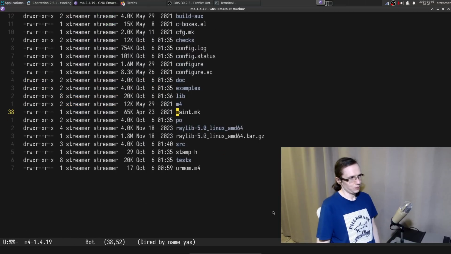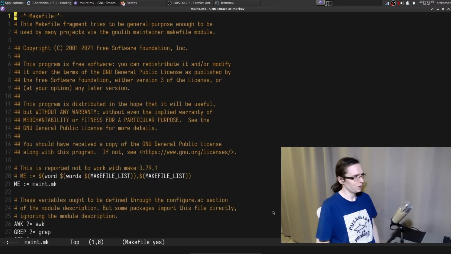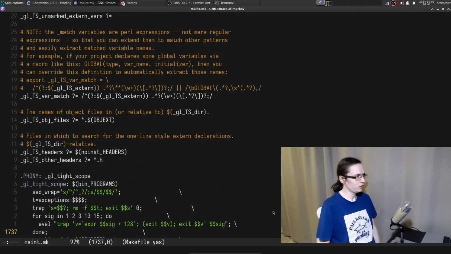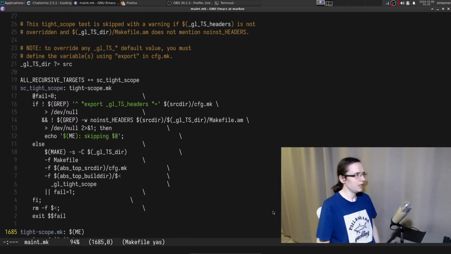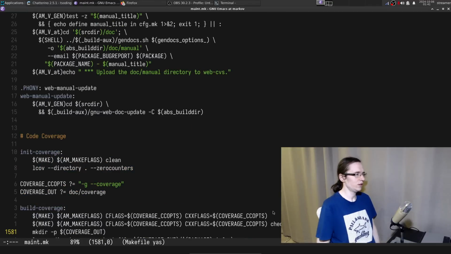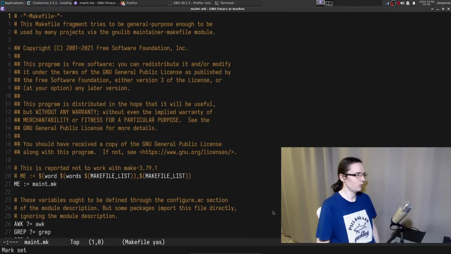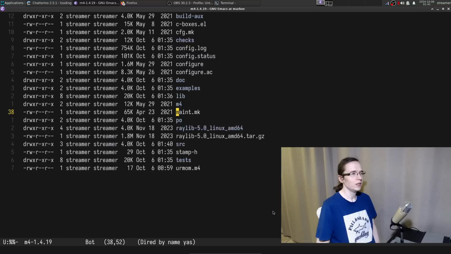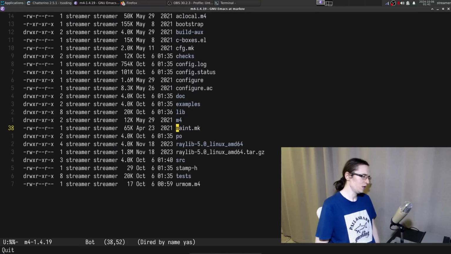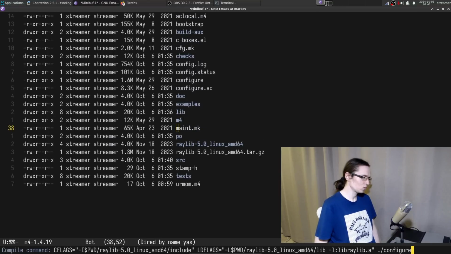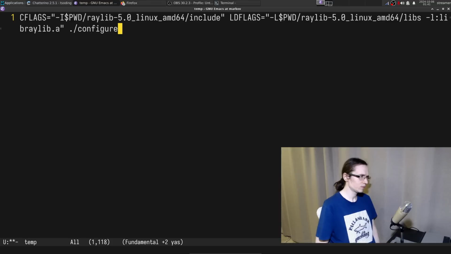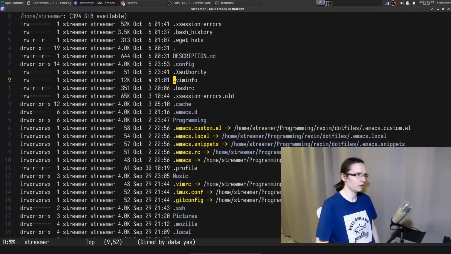Anyways, so main mk. I just want to add a link flag somewhere. I just want to stick a link flag somewhere, and I can't fucking do that. All right. So what if it's not about the flags?